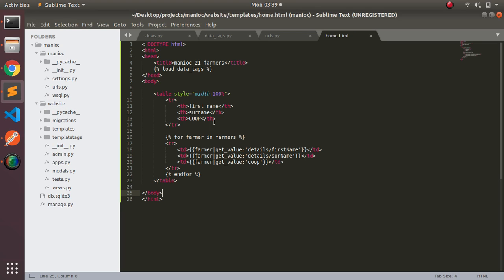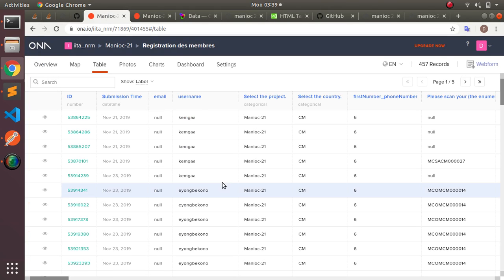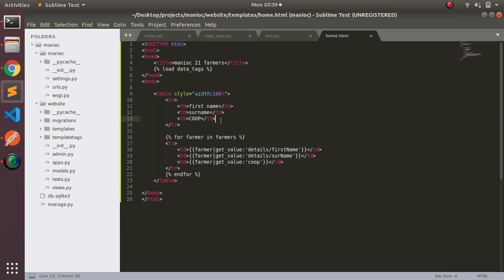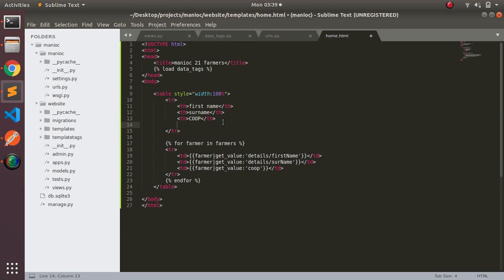So let's say, for example, I wanted to add a new data, like for example, when I go to ONA, maybe I want to add like username, or there are so many things. Let me add something, maybe let's say I want to add the role of this farmer. So what do I do? I want to add the role of farmers to my table. It's simple. I come to this table, I create a new header, then I put their role, then here